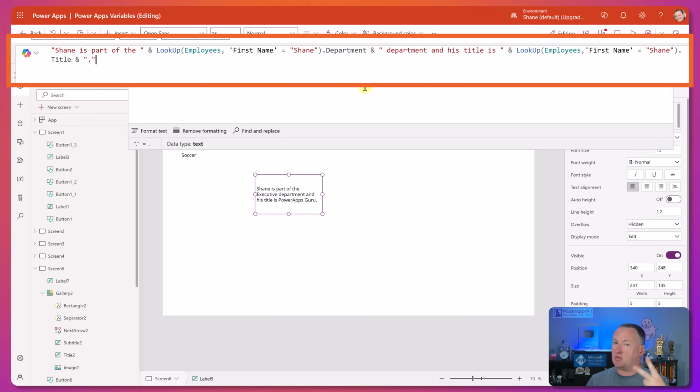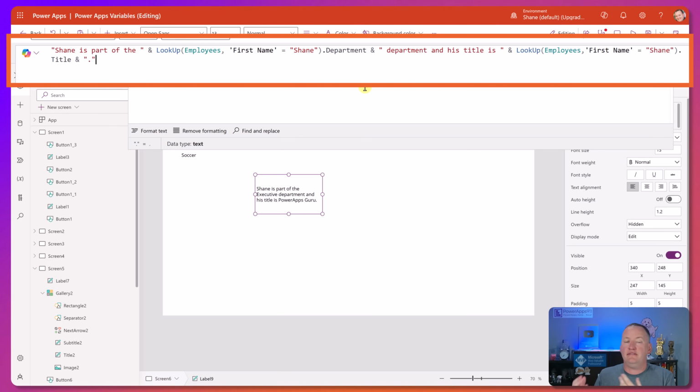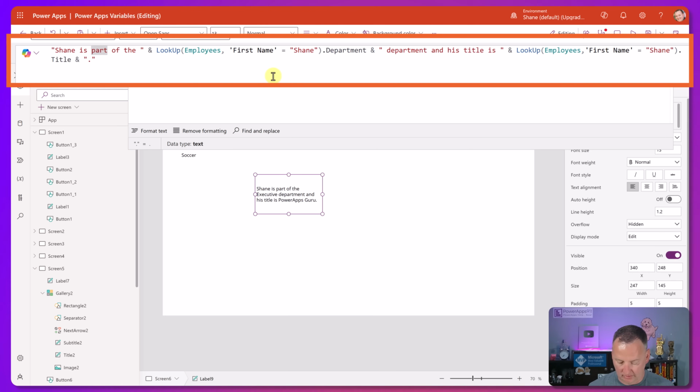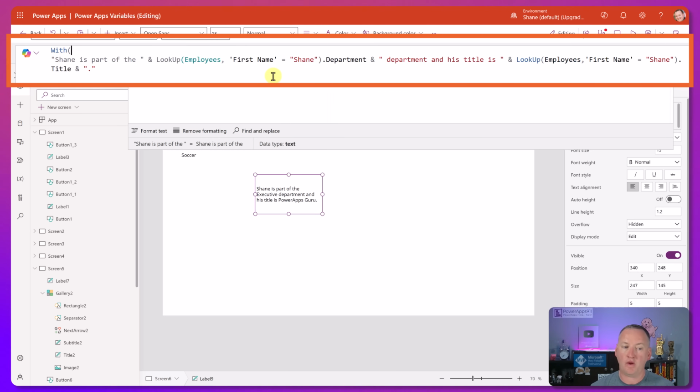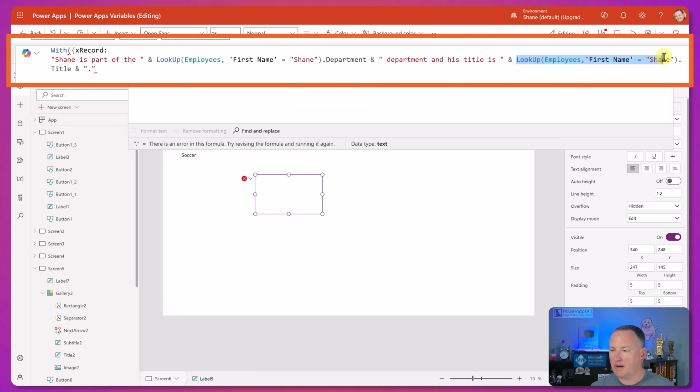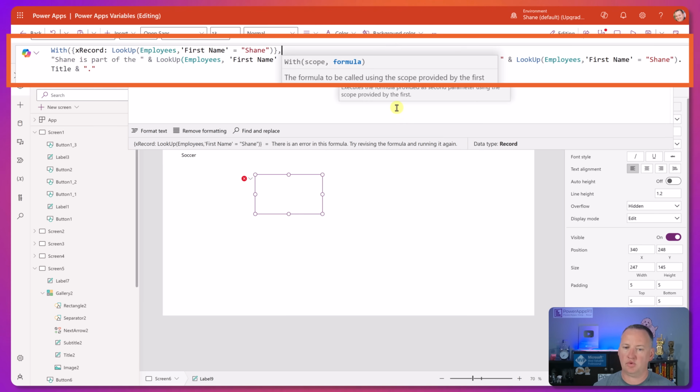We're making the same network call twice in this context, but we only need this information to make this one label work. So what you're going to do is use something called with. You're going to go here and say with, put those curly brackets around it, and we're going to call this X record. And then we're going to put that lookup in here, right? So we're going to grab just the lookup, not the dot, control copy, paste,